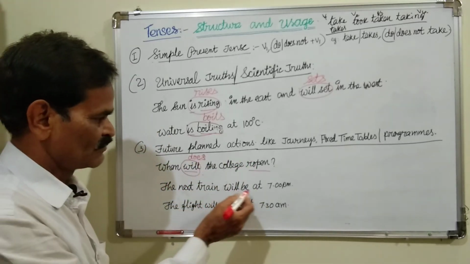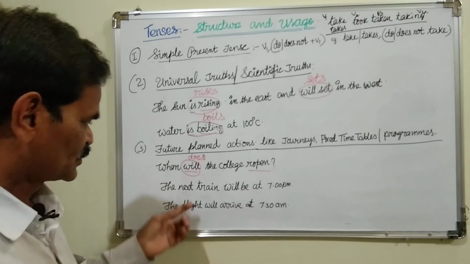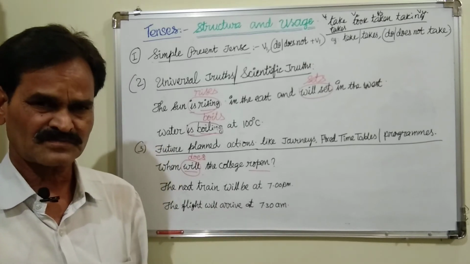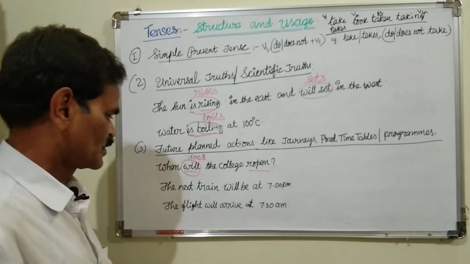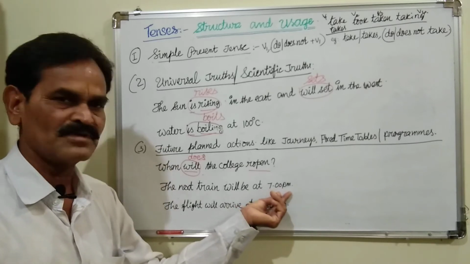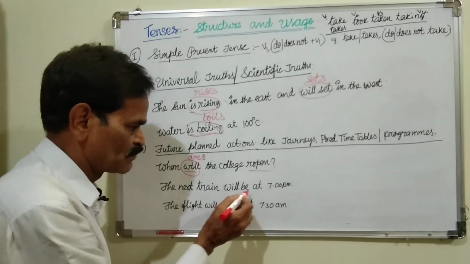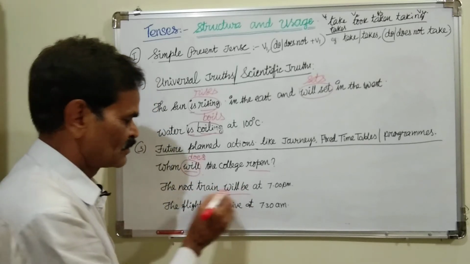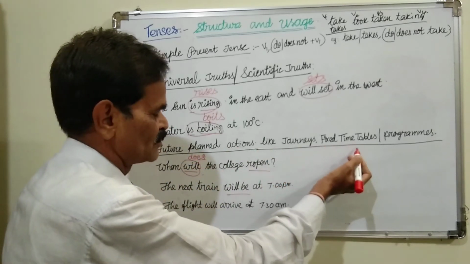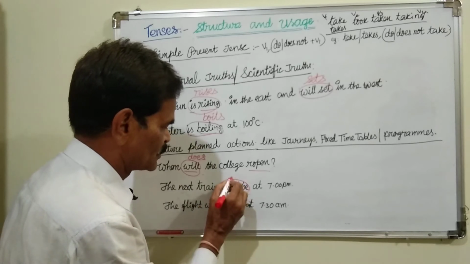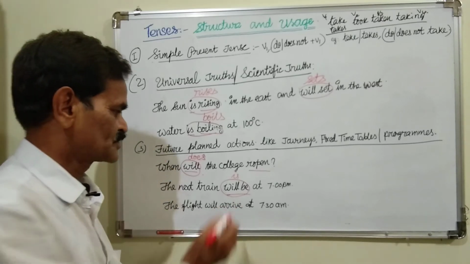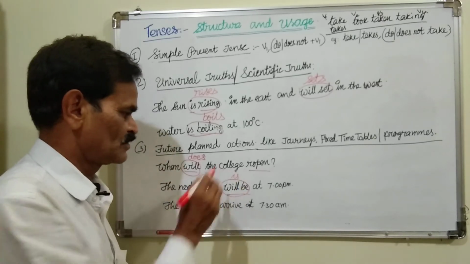And the next train will be at 7 p.m. So this is also trains, buses and flights. These also happen according to a fixed timetable only. That's why here, the next train will be at 7 p.m. 7 p.m. is a future time. Accordingly, we would use will plus be, simple future, but it is also a planned action according to the fixed timetable. That's why we must use simple present tense. So will be is simple future tense. We must use simple present tense, am, is, are, train is singular, so is.